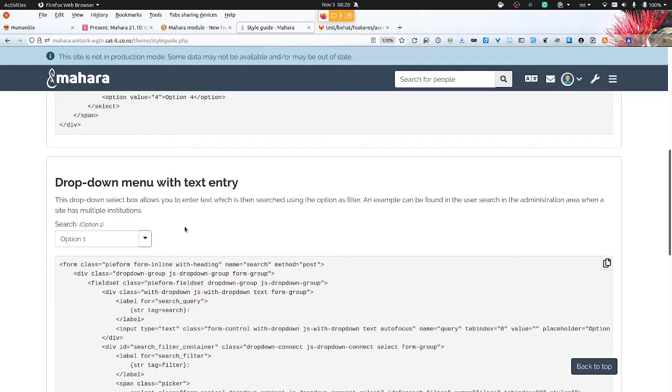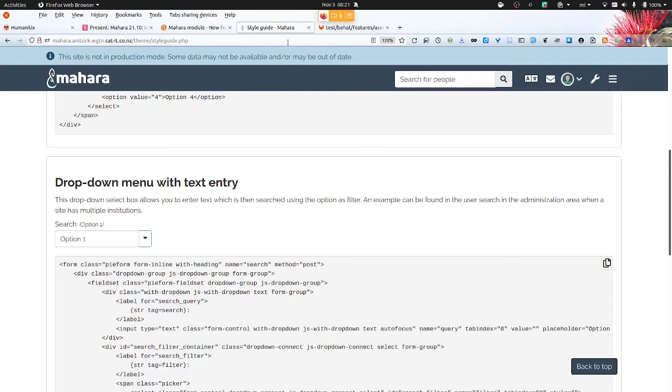So that is a really nice way to quickly check what all of these elements should look like on other pages, because the implementation here in the style guide is the same as on the other pages in Mahara. Therefore, it is easy to check a lot of the visual elements on one page without needing to go through every single one of those pages, giving you more confidence that your theme is going to work. And that also works with all the custom themes, because it hooks into that and displays the style guide in the theme that you have selected for your site.